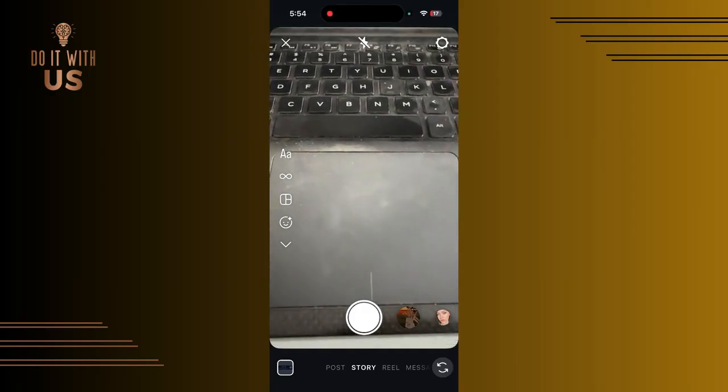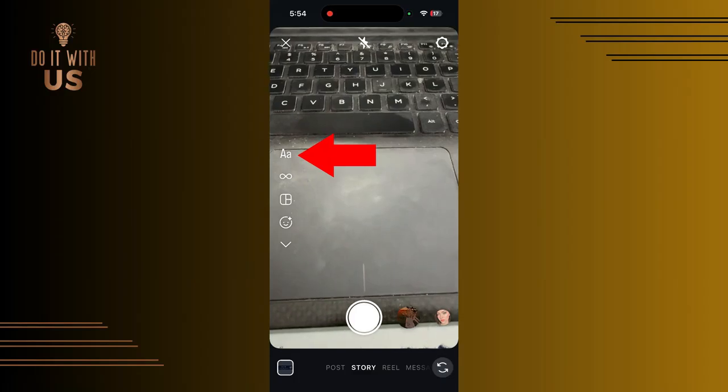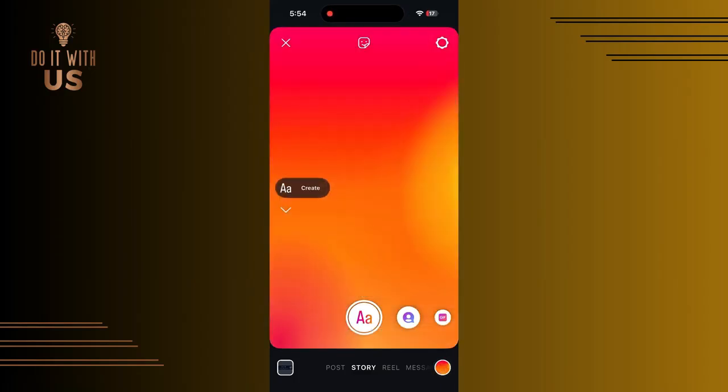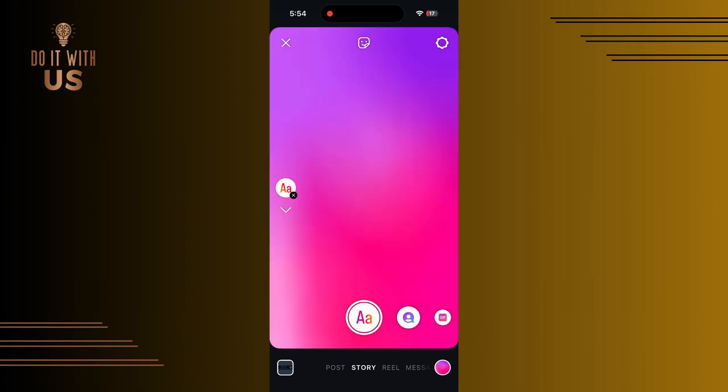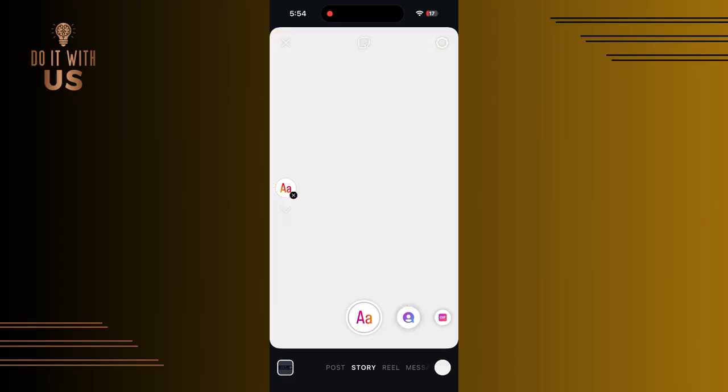Now, here's what you need to do. Tap on the two A's icon at the left to create a text story. Once you do that, you'll see a background appear, but usually it starts out yellow. Here's the trick to changing it. Look at the small circle in the bottom right corner. Tap on it, and the background color will change. It might go from yellow to pink, then to white, and if you tap one more time, you'll get the